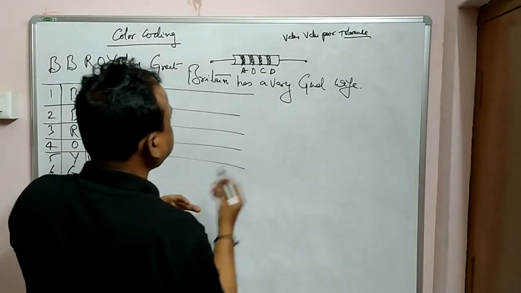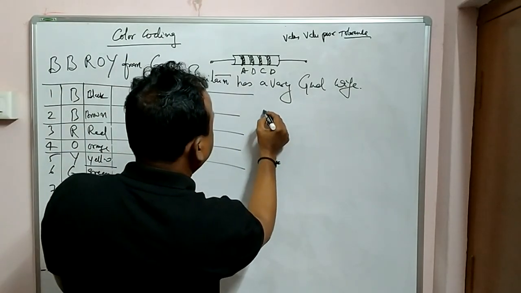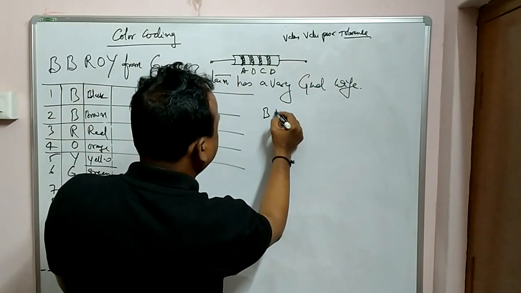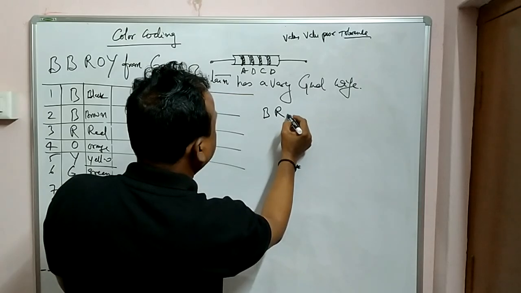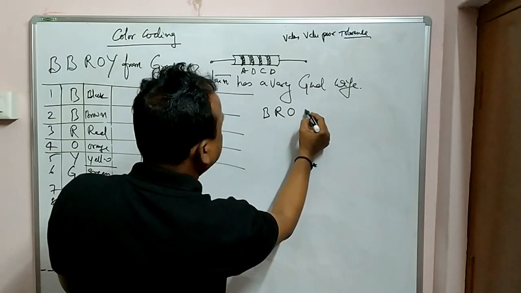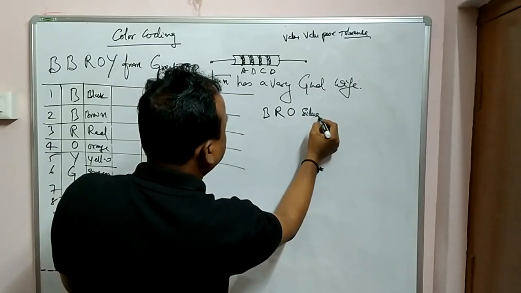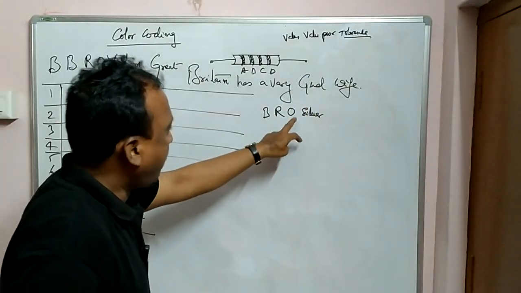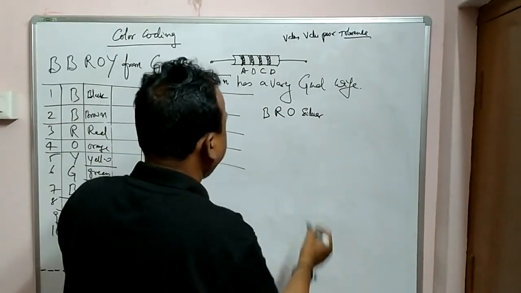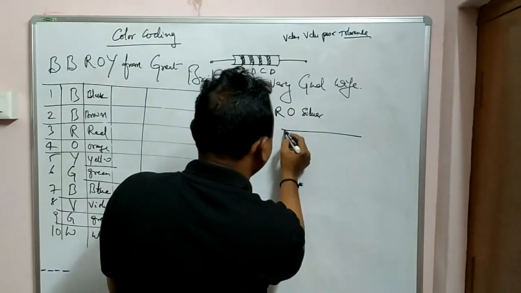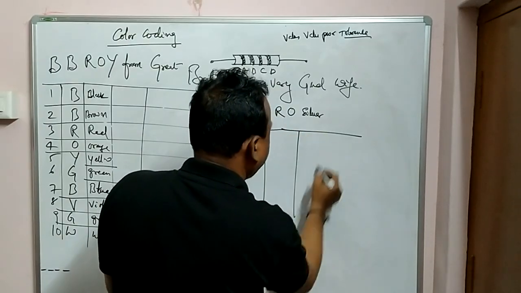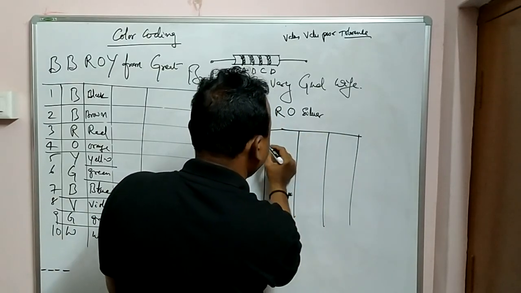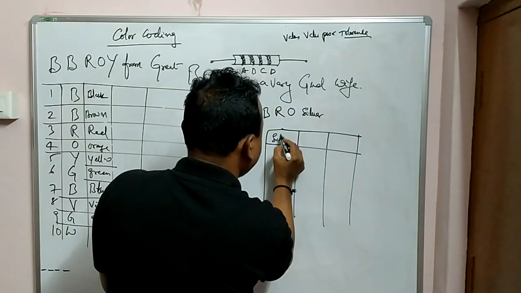For example, suppose black, red, orange, silver. Like these 4 bands are given. Black band, red band, orange band, silver. Please make a note here. One thing I am writing here. These 3 are tolerance values I am writing here. One is silver,